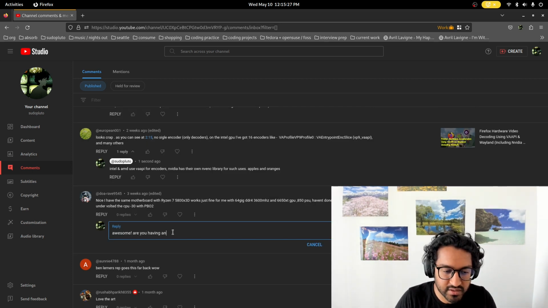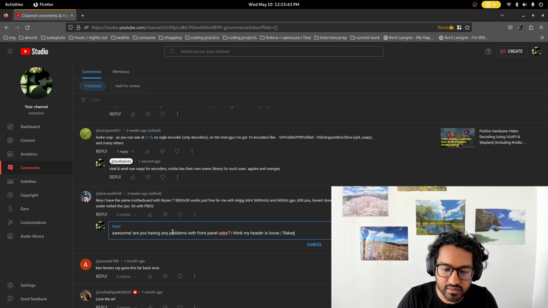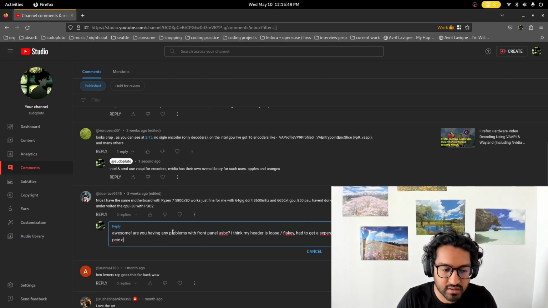You having any problems with front panel USB-C? I think my header is loose, flaky. To get a separate PCIe card.